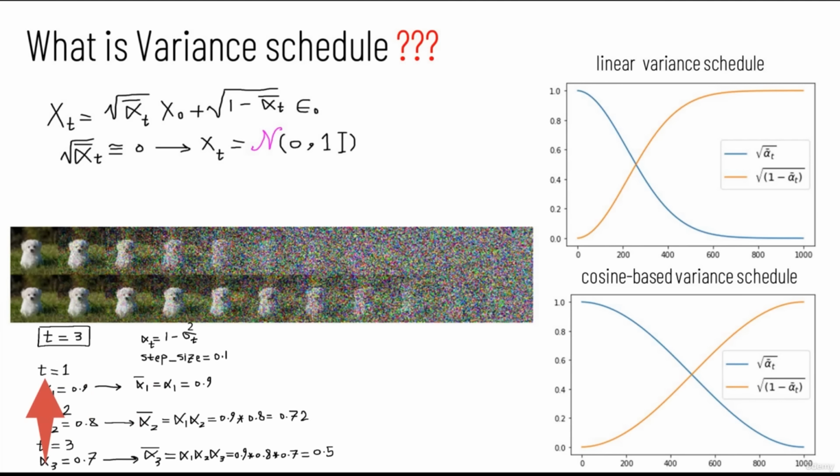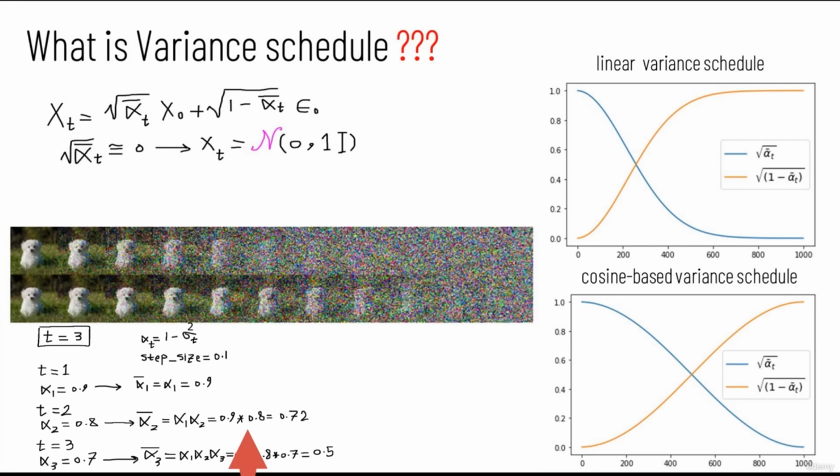Let's say firstly that alpha at time step 1 is equal to 0.9. So alpha bar at time step 1 will be equal to 0.9 also. Now let's say that we are at time step 2. Here we will increase the variance by 0.1, by the step size. So we will reduce alpha by 0.1. So alpha at time step 2 will be equal to 0.8. Now let's compute alpha bar at time step 2, which is equal to alpha at time step 1 times alpha at time step 2, which is equal to 0.9